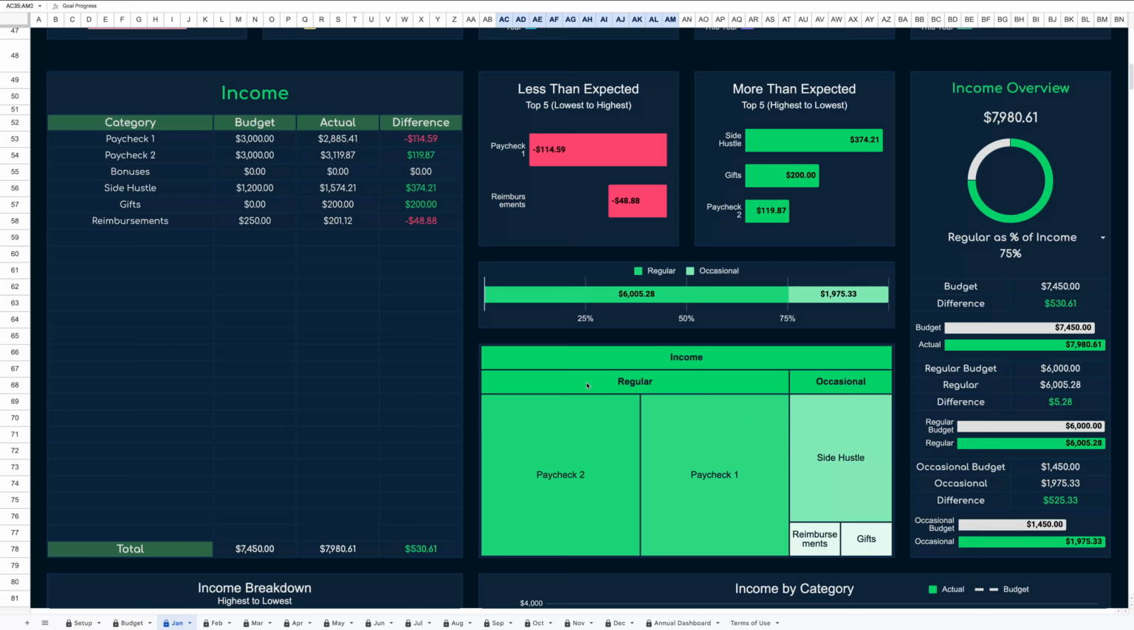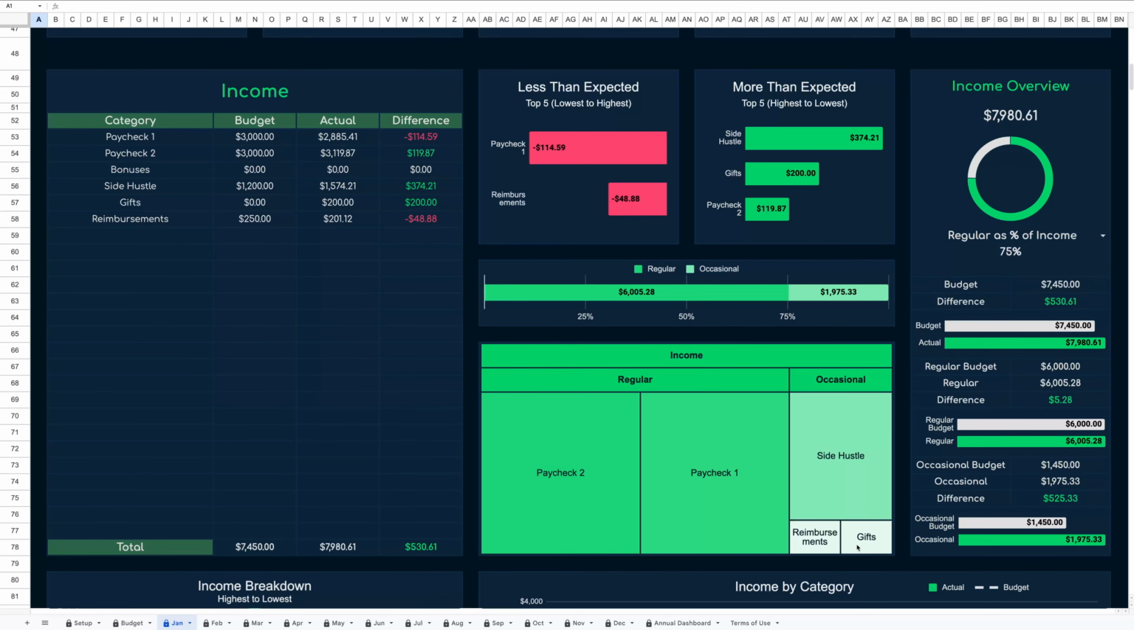In this case, most of my income is generated from regular sources, while a smaller portion comes from occasional sources like side hustle and gifts. To the right, there's an income overview section displaying your total income at the top, followed by a pie chart. The pie chart has 2 options, which can show you your regular income and your occasional income as a percentage of your total income. Next, we have the budget along with the corresponding difference, and a chart comparing your budget